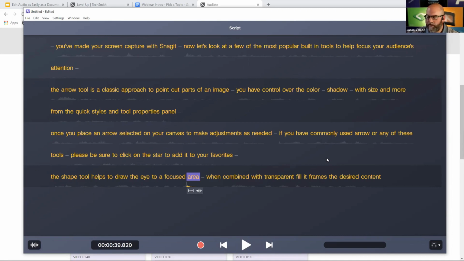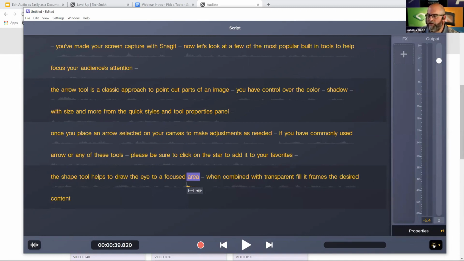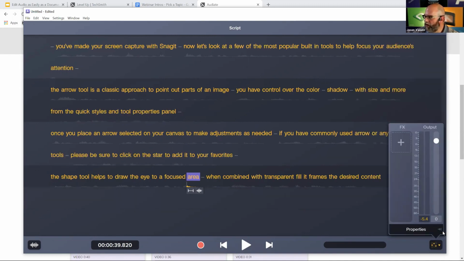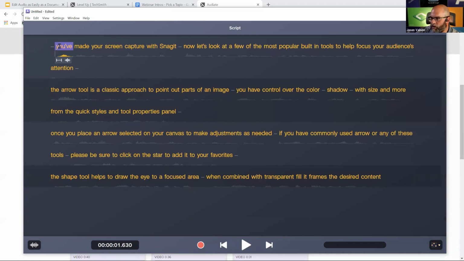So audio effects can be accessed by clicking on the icon here on the lower right-hand corner, which brings open the properties panel. When you bring it open the first time, it's going to look like this. There's going to be two parts of it. There's going to be an audio effects plus button and an audio meter, so that while you're playing back the audio,